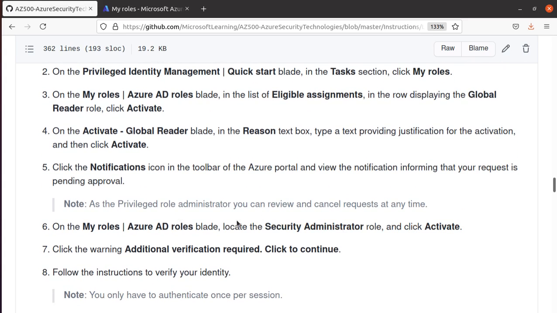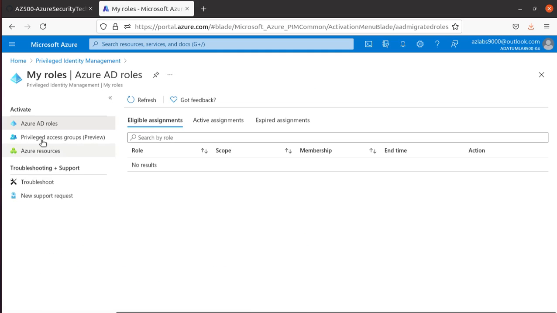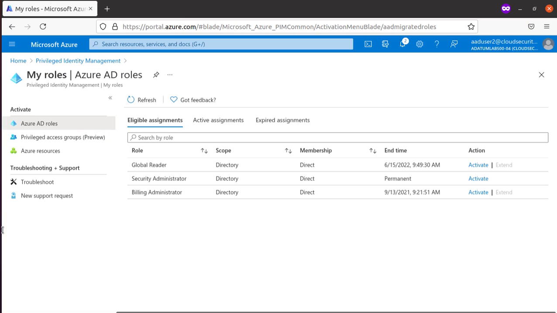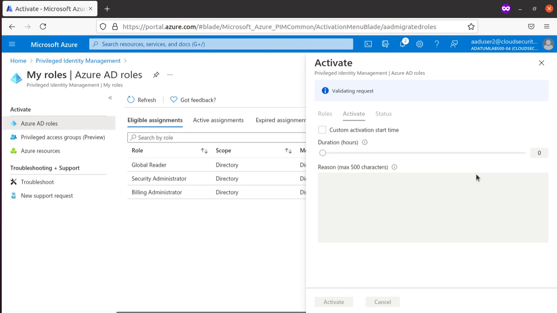Okay, so this is the third one, the security administrator role. So let's come back over here, go to the eligible assignments. So global reader, we tried, and let's try the security administrator,